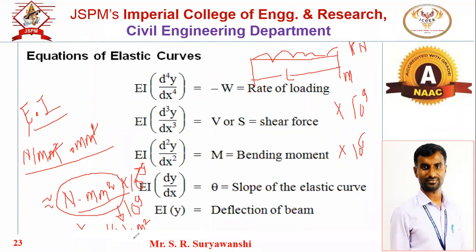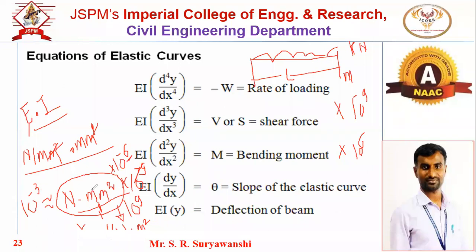Now Newton to kilonewton, that will be 10 to the power -3, and for mm square to meter square, multiply with 10 to the power -6. Why multiply 10 to the power -6 for mm square? Only then it will convert to meter square. This is the smaller unit; when you go from a smaller unit to a bigger unit, that will be either divide or multiply with minus. Multiply with 10 to the power -6 for mm square to meter square, and for Newton to kilonewton 10 to the power -3.